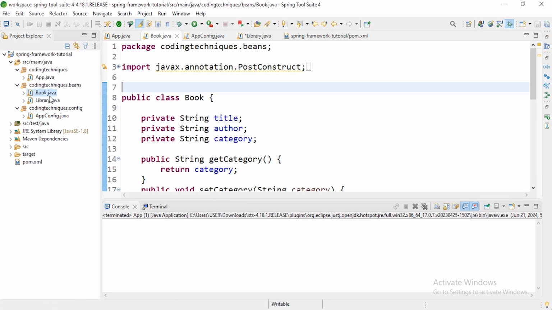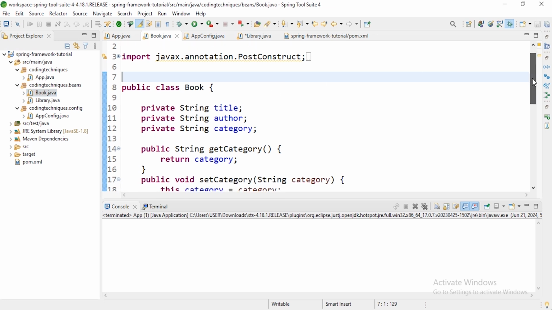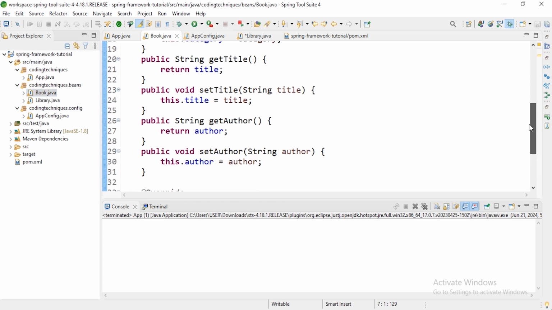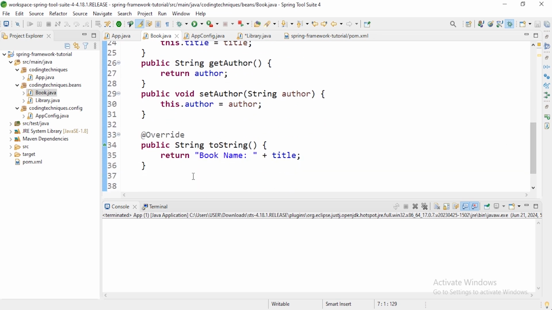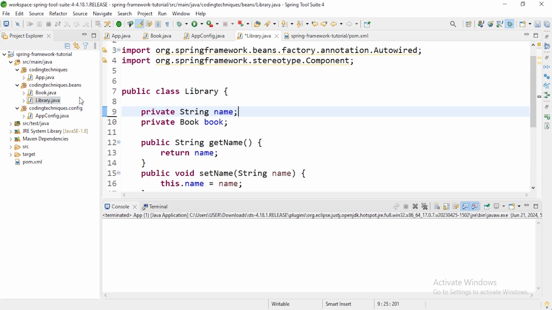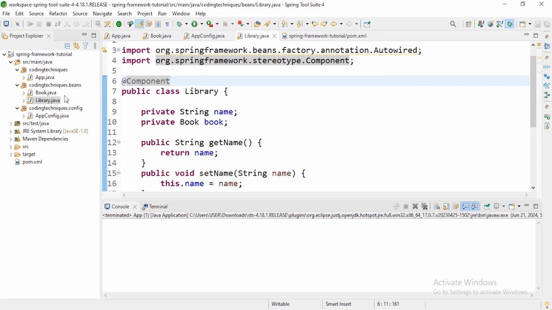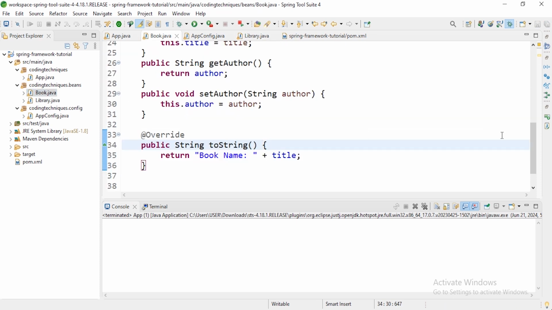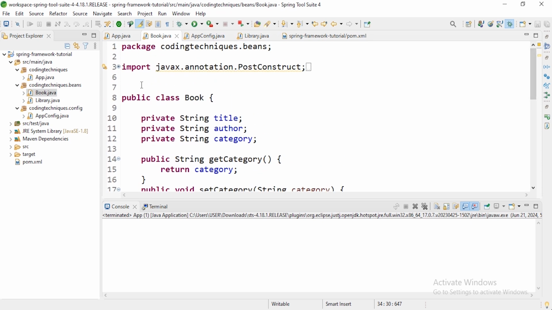So we have this Book, and we have the getters and setters, and we use the toString so that when we use the library instance to return the book, it will return the name of this book, and here is the Library. First, let's annotate it with the stereotype annotation. We use @Component to add it to the Spring context, and for this we also use @Component to add this